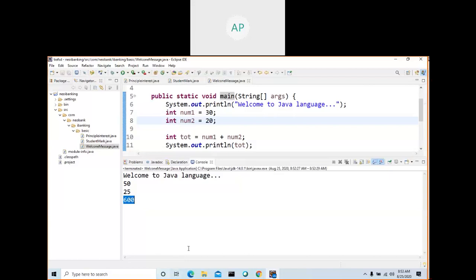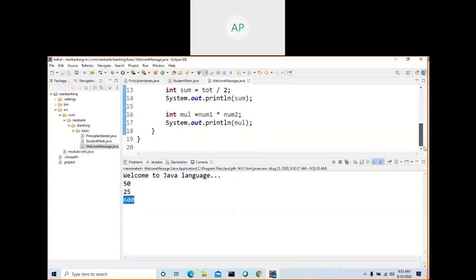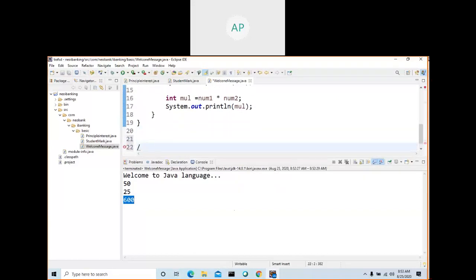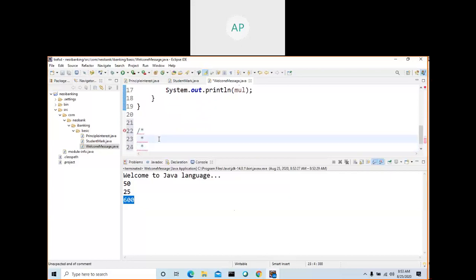So meaning, if I want to transfer money, then there are five or six functionalities. What might the functionality be like? Let me type here.